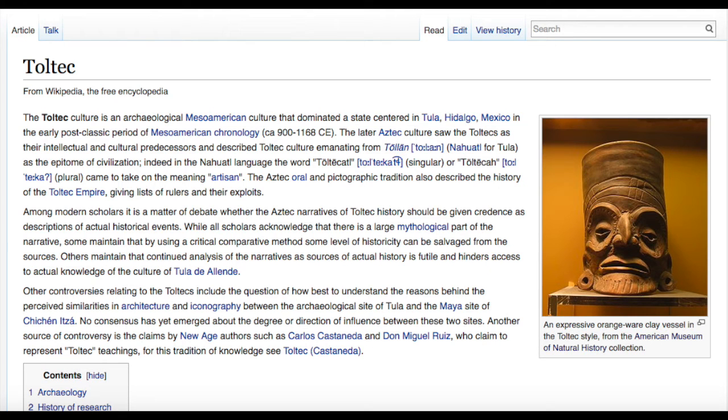Hey, I want to talk about some very strange finds I have found on the internet regarding this Toltec pottery. But before I talk about it, let me briefly reiterate who the Toltec were. They were a Mesoamerican culture that existed around 900 to 1168. The Aztec came after them, but the Aztecs saw the Toltecs as their intellectual and cultural predecessors, and they described the Toltec culture as